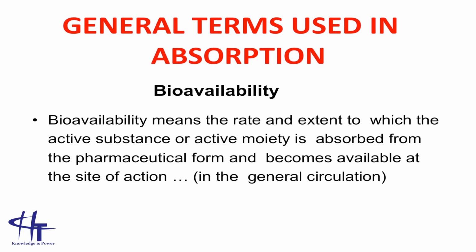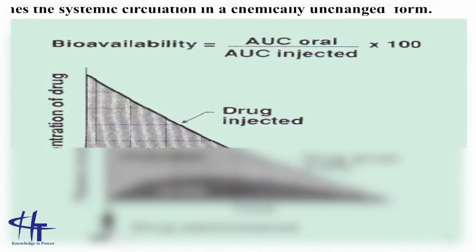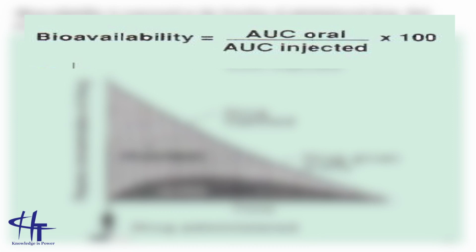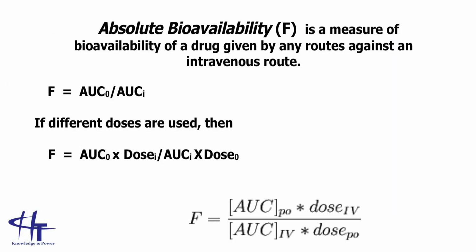Now, bioavailability can be given by formula, and as you can see, it is basically the area under the curve of an oral drug divided by the area under the curve of the injected drug. Then you multiply by 100, because bioavailability is basically a percentage. Now, there are two types of bioavailability, to be more specific. There is what we refer to as the absolute